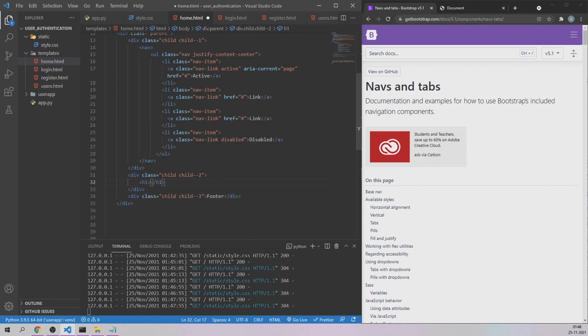So let me say ecoders home page. And after the h1, let me add a horizontal line. Let me say hr, and it will provide a horizontal line after the h1 tag.